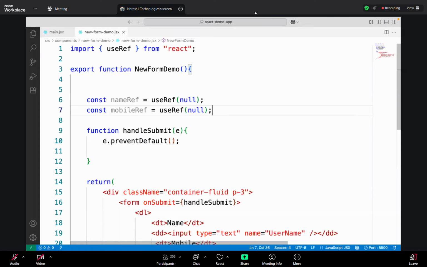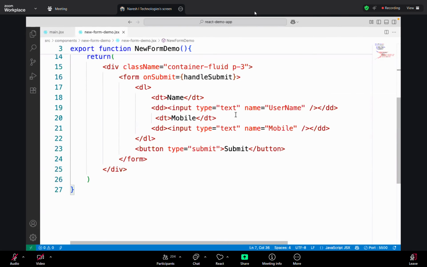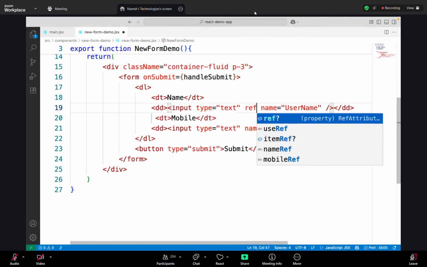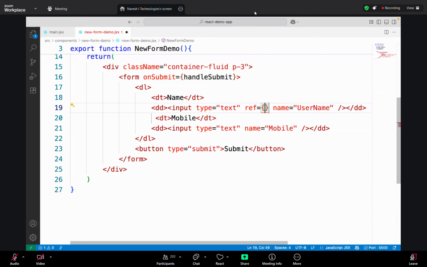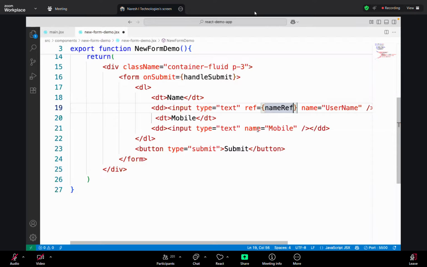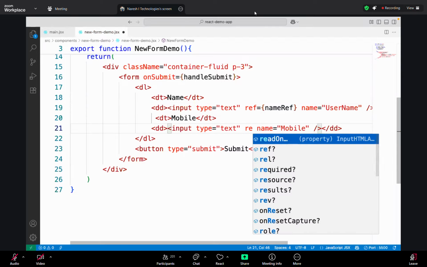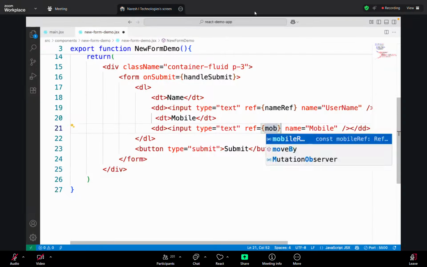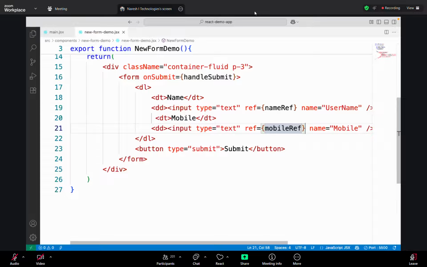Now a reference memory is created for name and mobile. Every HTML element has a ref property, which can refer to a reference memory only. And we have a reference memory: nameRef, am I right? And this one will use mobileRef. That's it. That means now